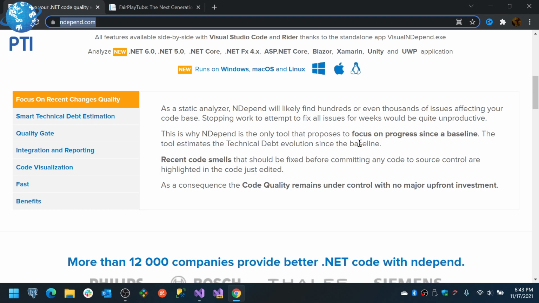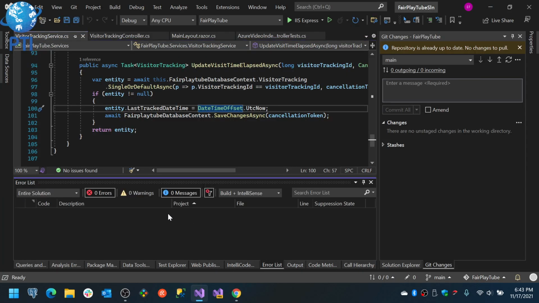So I already gave a small test on this tool, the trial, and one of the things that it allows you to do is actually find a lot of, like, it gives you some estimate on what will be the effort on fixing some issues, right? And if you have worked in software development for companies for a long time, you will see that there is a huge quantity of software development projects where, for example, your code is full of warnings and messages,